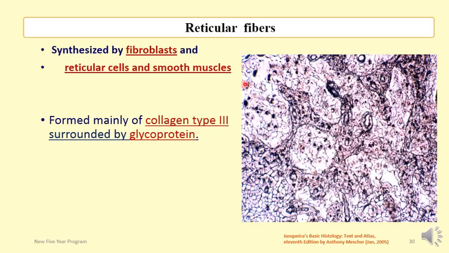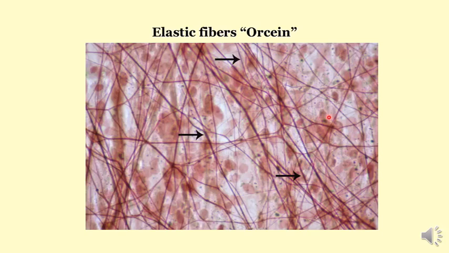The second type of collagen fibers is reticular fibers. Reticular fibers are type 3 collagen fibers, but they are surrounded by glycoproteins, and they can be stained by silver stain, as we see here. Silver stain makes the reticular fibers appear in the form of thin branched fibers forming a reticulum supporting the internal organs. The last type of